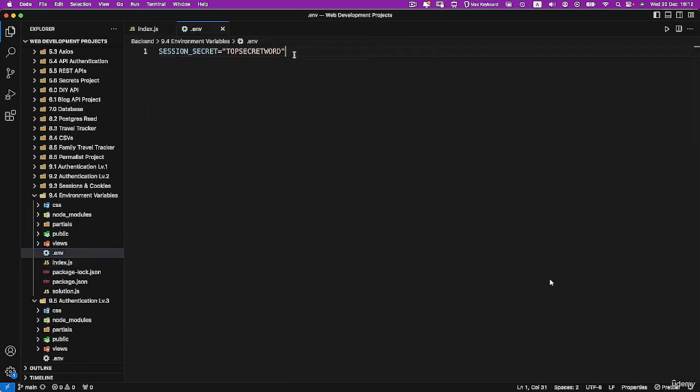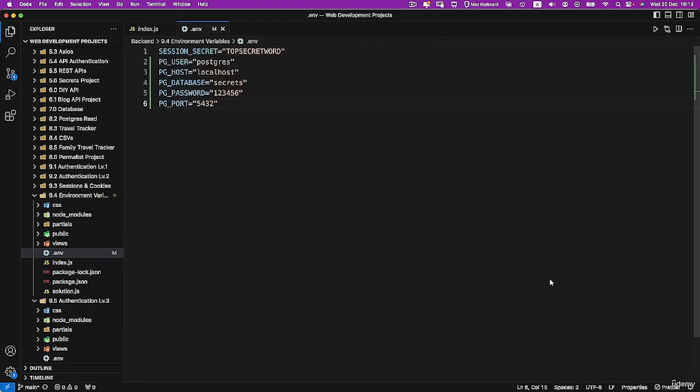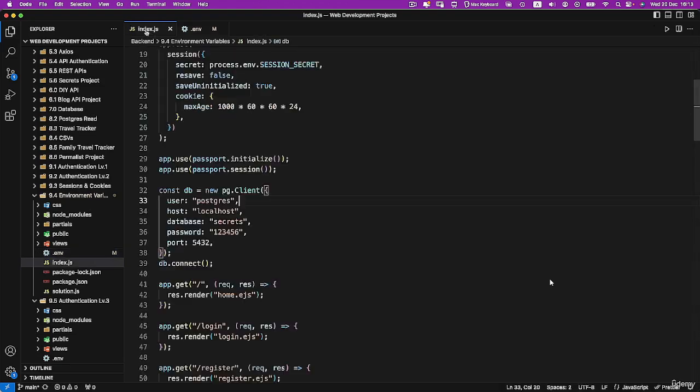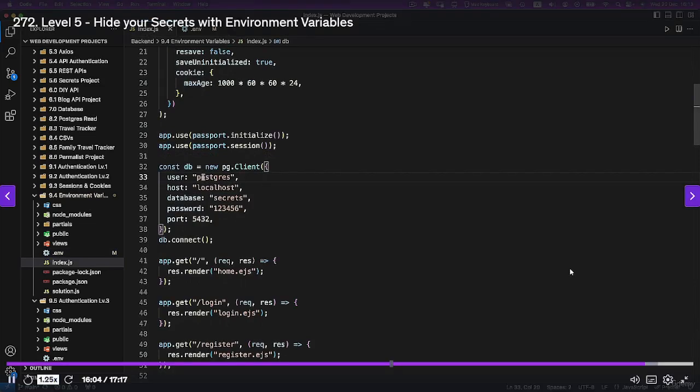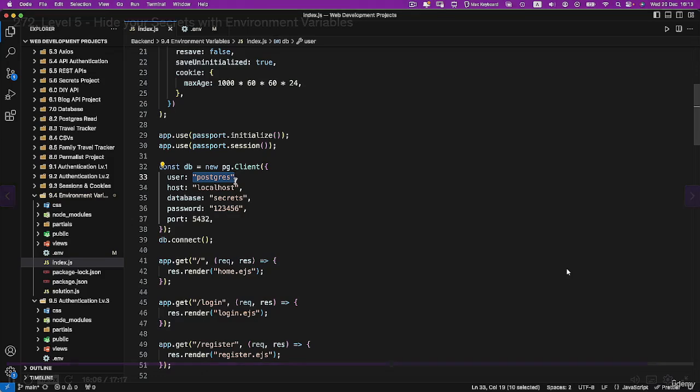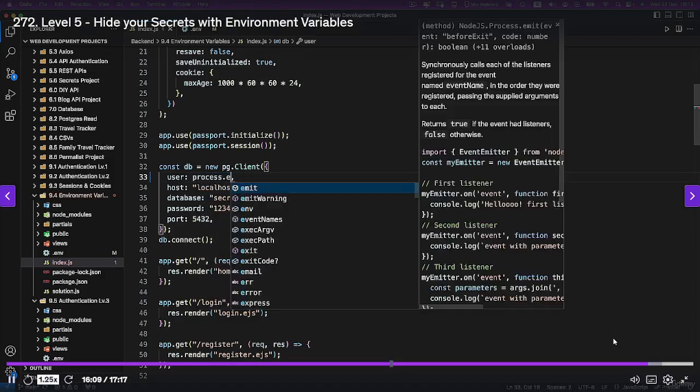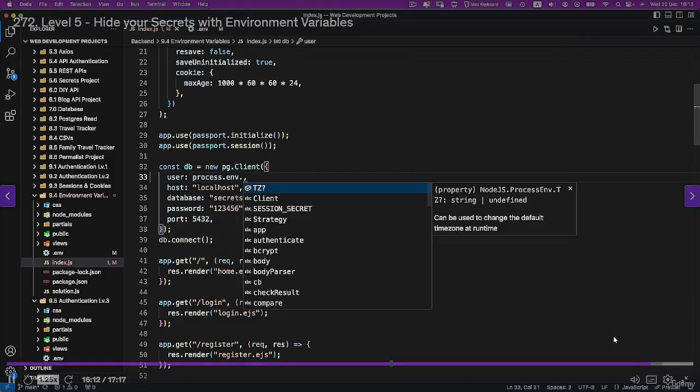All right, so remember that every single new environment variable has to go on a new line. And I'm going to paste in something I made earlier just to speed things up a bit for you. And I'm giving a description. This is PG, Postgres, user, host, database, password, and port. I've saved each of those values as a string, no spaces anywhere. And now I can go back into my database and replace all of this plain text in here with process.env. In this case, it's PG